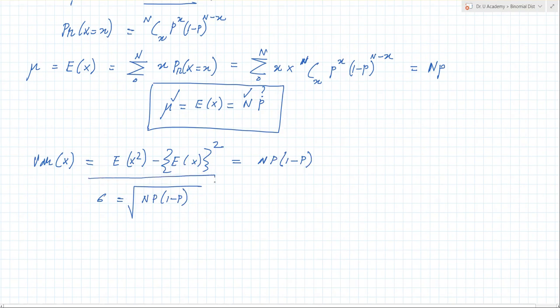So this thing you have to understand. From here also you can find that. Sometimes the variance is given, so if n and variance are given, you can find p from this equation. Same purpose. Sometimes p is given, mu is given, so you can find n. It's just a small factor which is used to find the unknown. Okay, so this is the last bit that I wanted to teach you, and that would be the end of this lesson.